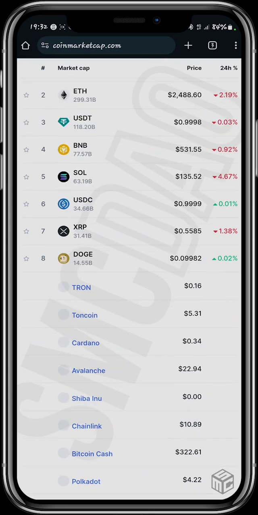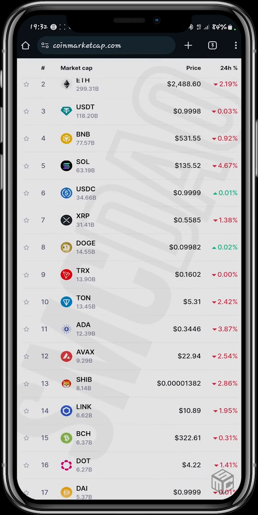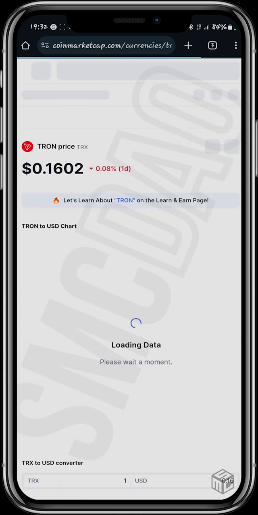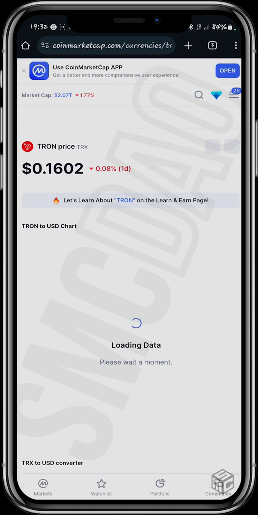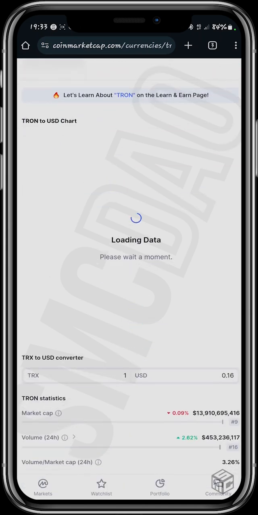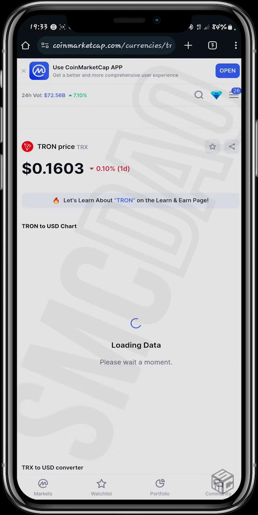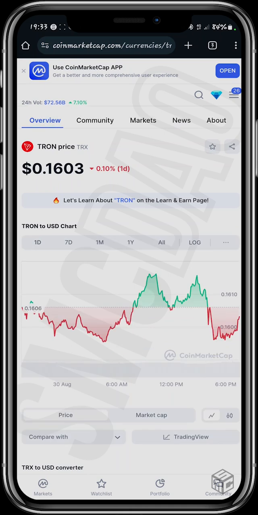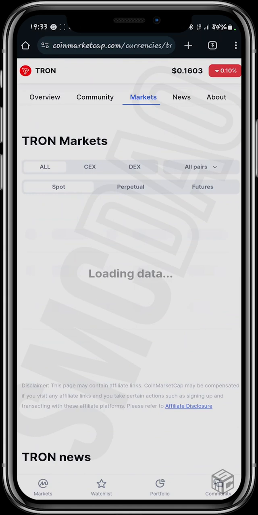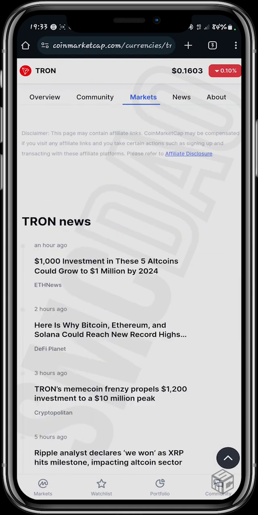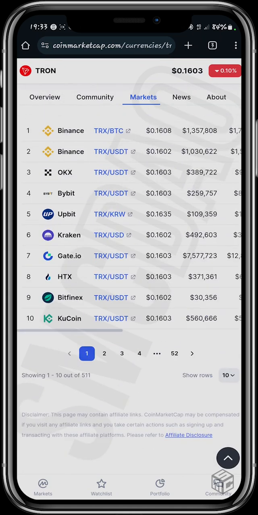All right, let's take a look at Tron. I've just clicked on Tron, so I'm waiting for it to load so that we can check out the market. We just head over to markets. Under the market, you see the various exchanges on which